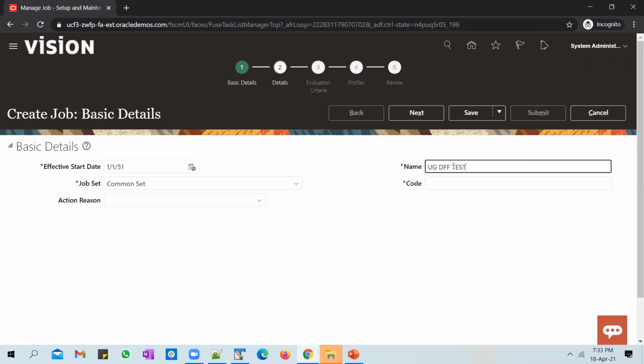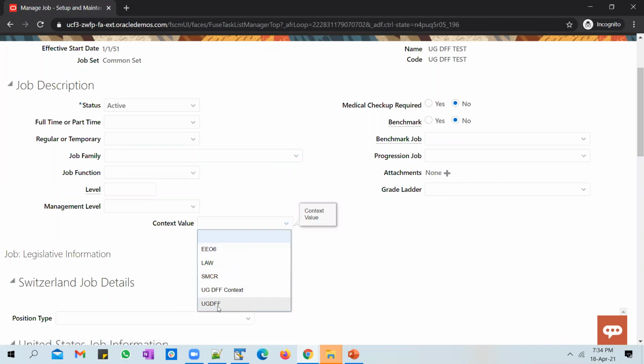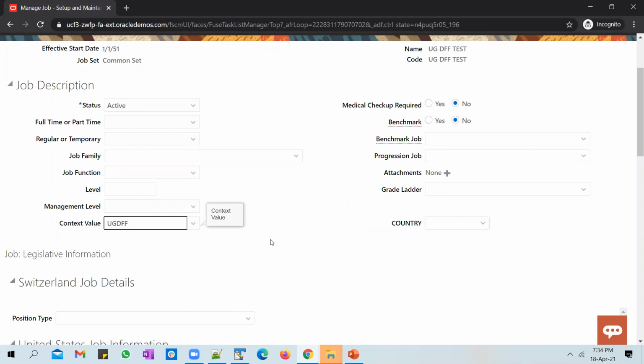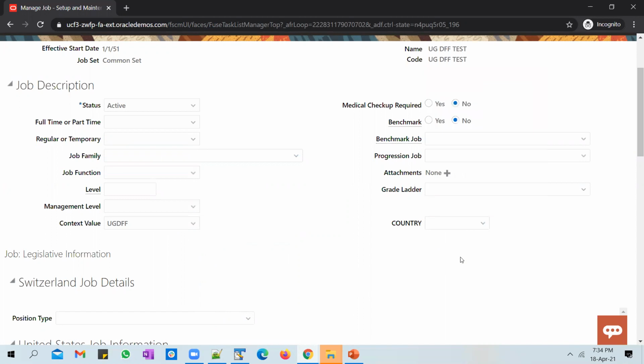UGDFF test. And in the context, you should be able to see the new context that you have enabled, UGDFF. This is the one that we have created. And you should see the country segment getting enabled now. And if you click on the drop down, you should be able to see.